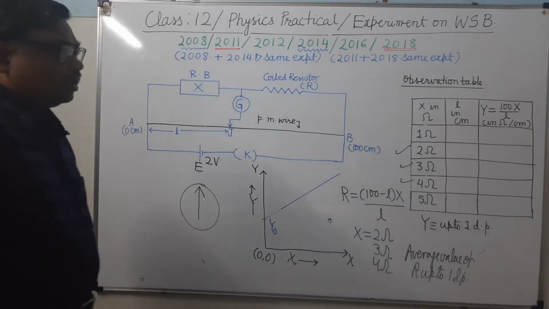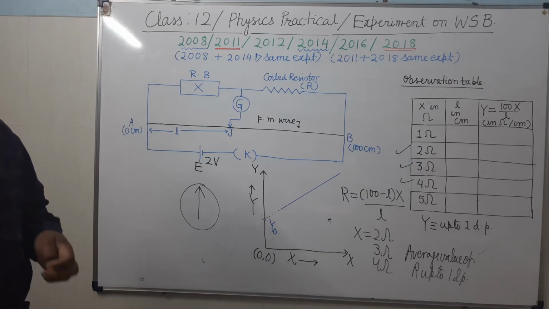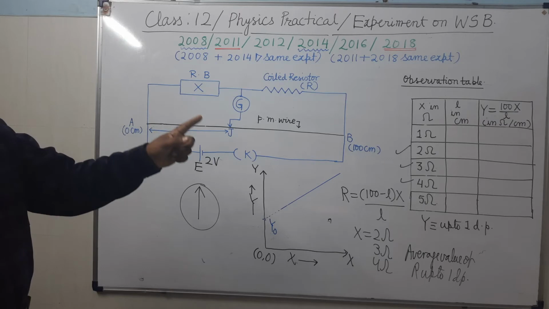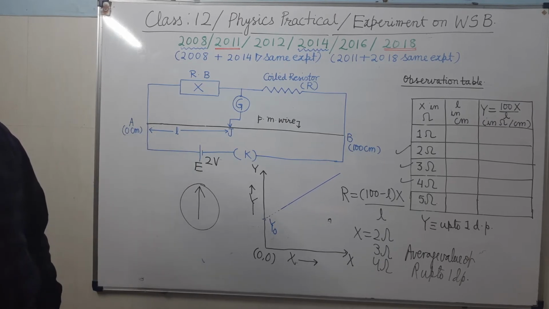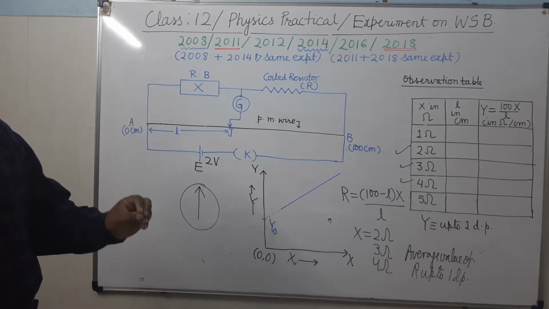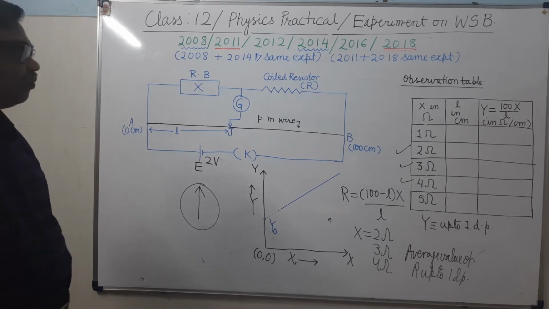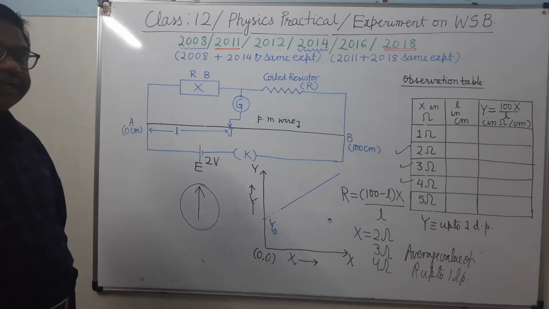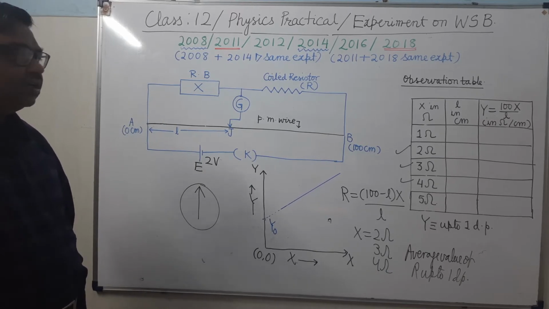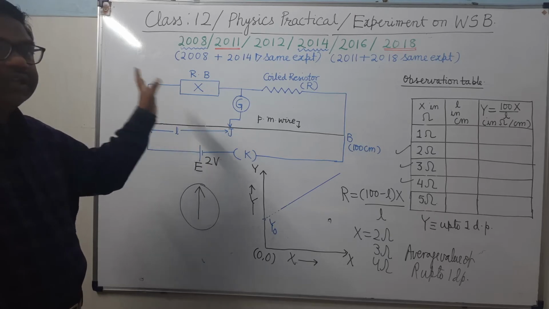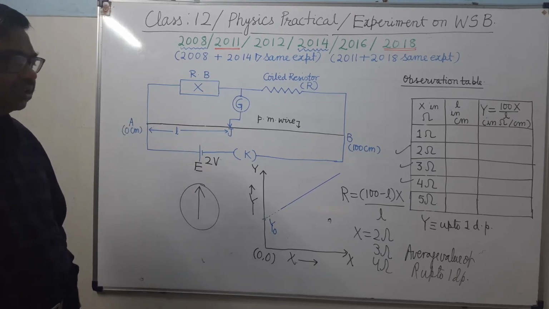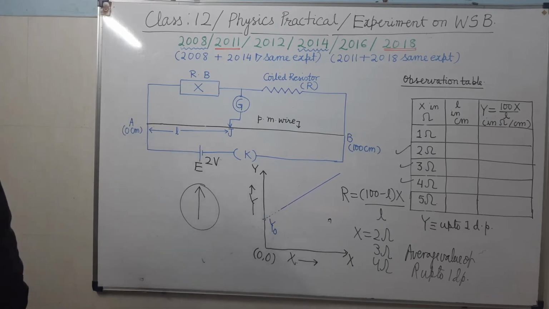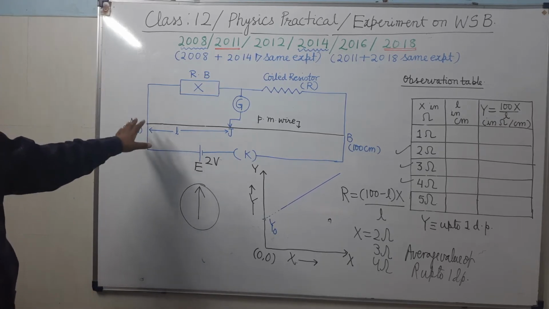Now see here one thing which is very important in the experiments of electricity, that you take all the 5 observation readings in a very quick time. It's clear? Otherwise what will happen? When current flows for a sufficiently long time, the wire will become heated, and when it becomes heated, its resistance per unit length will change. So you record it very quickly. This is all about the theory of this experiment.